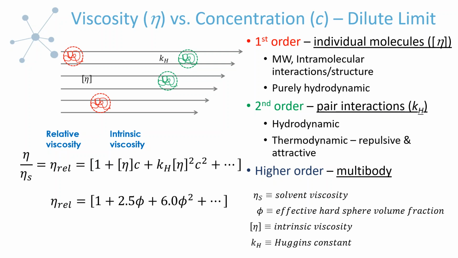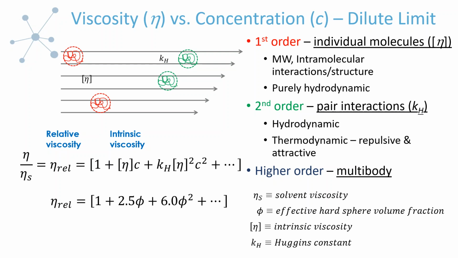And if you want to think about what kind of meaning that has, because it's the first order term and we're at this limit of what we'll call infinite dilution, the average spacing between molecules is quite large. So that means that this term is not going to be impacted by the interaction of these molecules. So the intrinsic viscosity, although it's strictly defined as the prefactor to the first order term, it's very reflective of the individual molecular behavior.